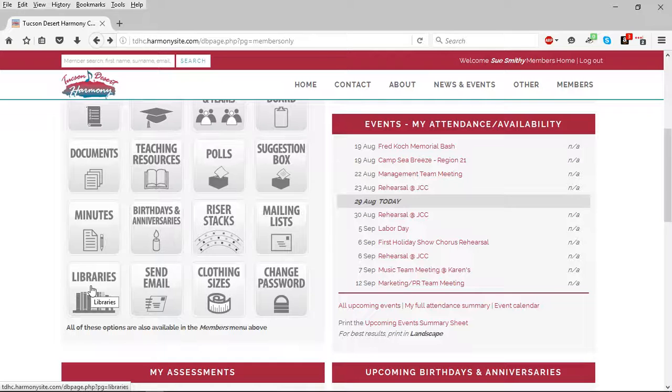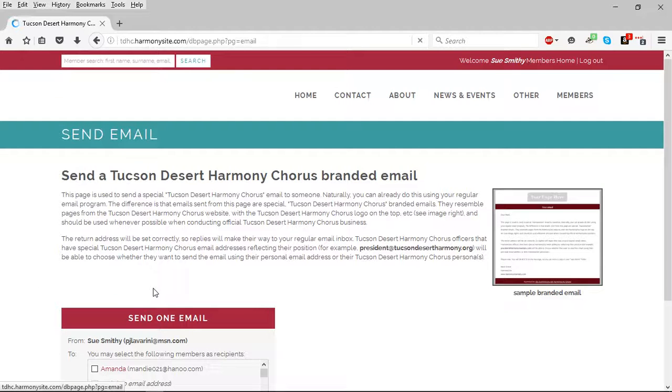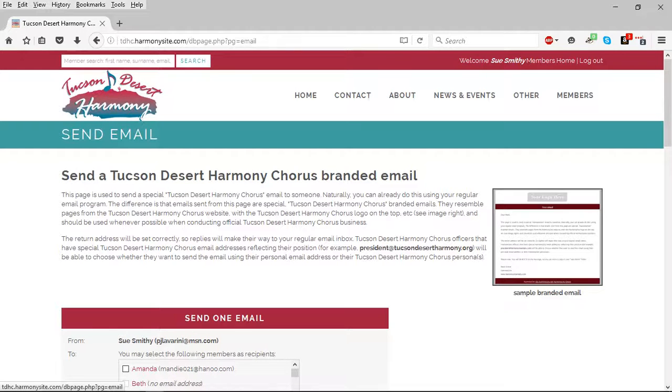Now click on the Send Email button for the preferred way to send official Tucson Desert Harmony email to selected members or to a specific mailing list. Email sent from this button will contain the TDH logo, which is not necessary for casual email between members. As the title suggests, this page allows you to send one email to a multitude of recipients. Notice that the first section or grid, and I'll scroll down to that,